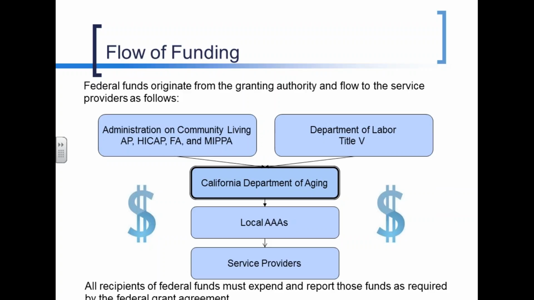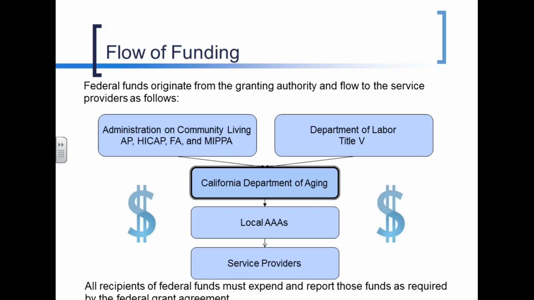Okay, so the first item on that bullet list was the flow of funding. So today we're going to focus on the 2 granting authorities for the area plan, HICAP, and financial alignment, and MIPA, which is the Administration on Community Living. We will also be, since we're going to be talking about Title V, the federal agency for Title V is the Department of Labor. Both those